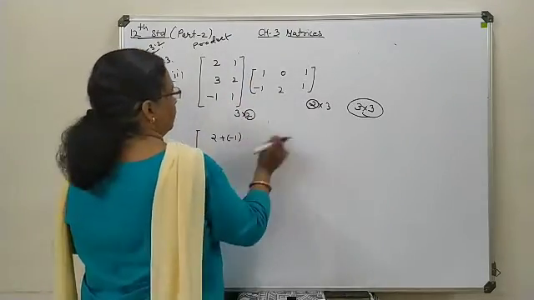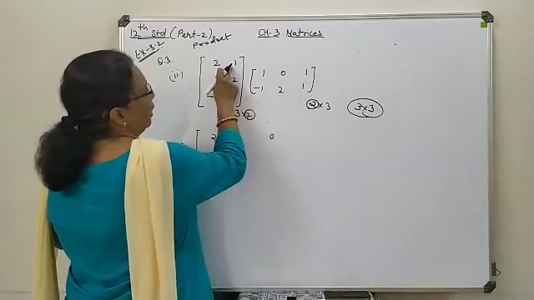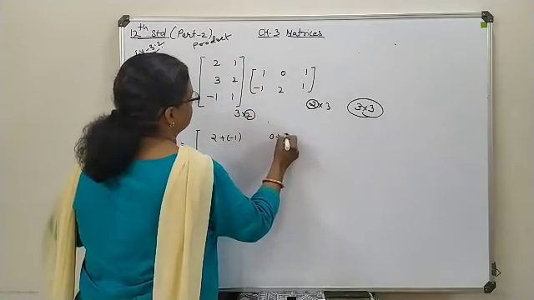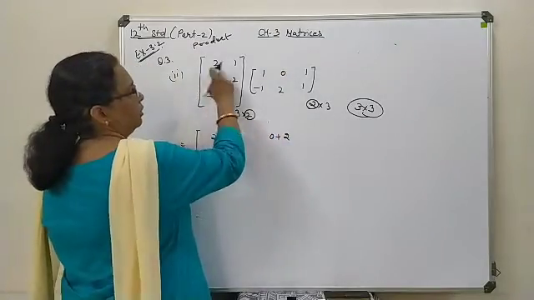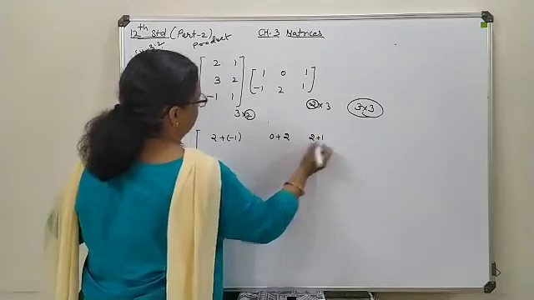Move to the second position. The second column is present. 2 into 0, 0. 1 into 2, 2. Move to the third position. 2 into 1, 2. 1 into 1, 1. Now next,